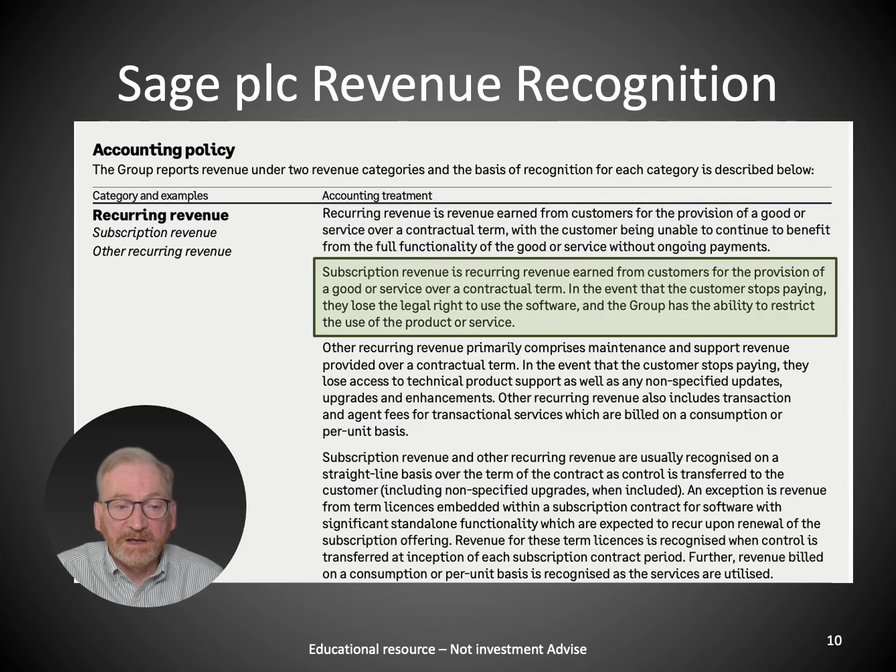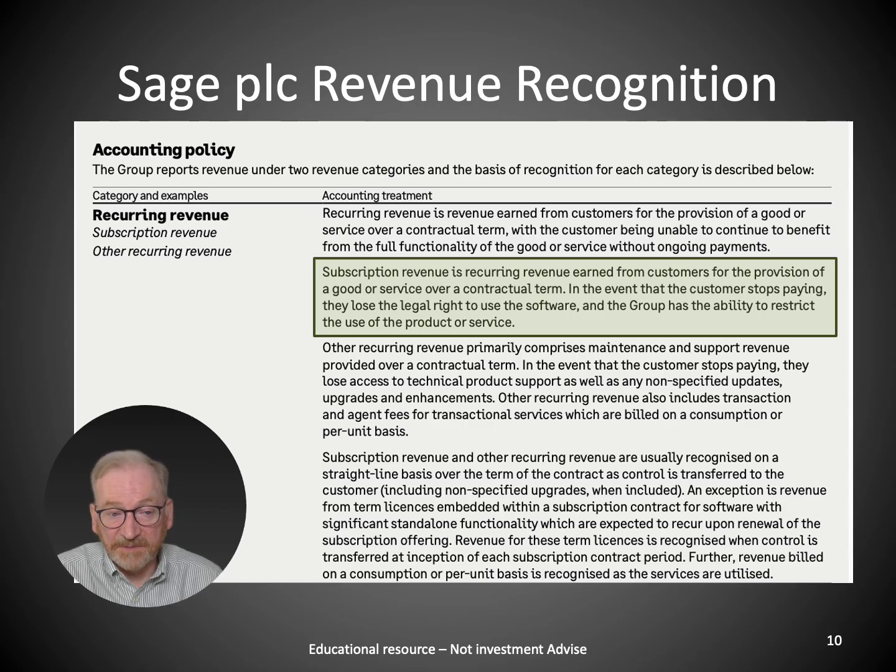Subscription revenue is recurring revenue. So it's what we described above, earned from customers for the provision of a goods or service. In the event that the customer stops paying, they lose the legal right to use the software, and the company has the ability to restrict the use of the product or service. So you can't just go on using it.